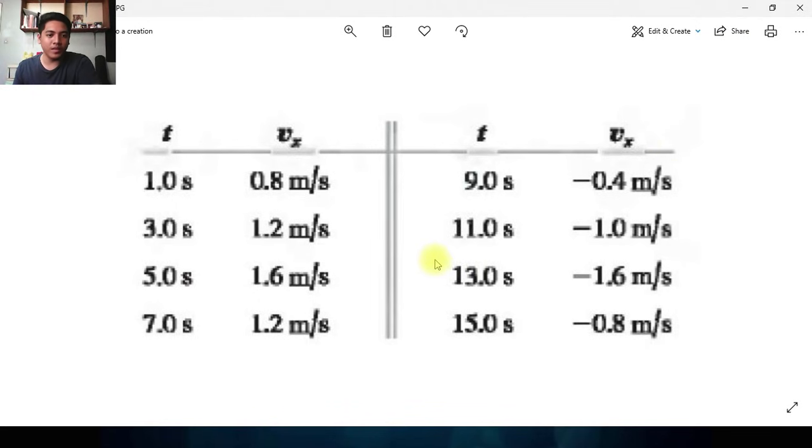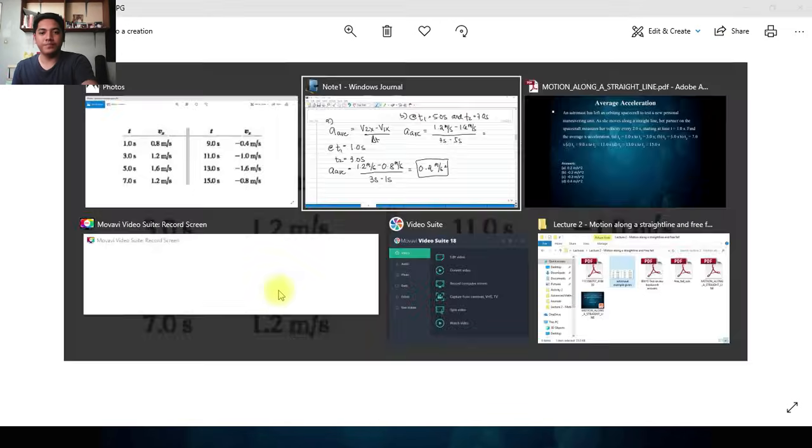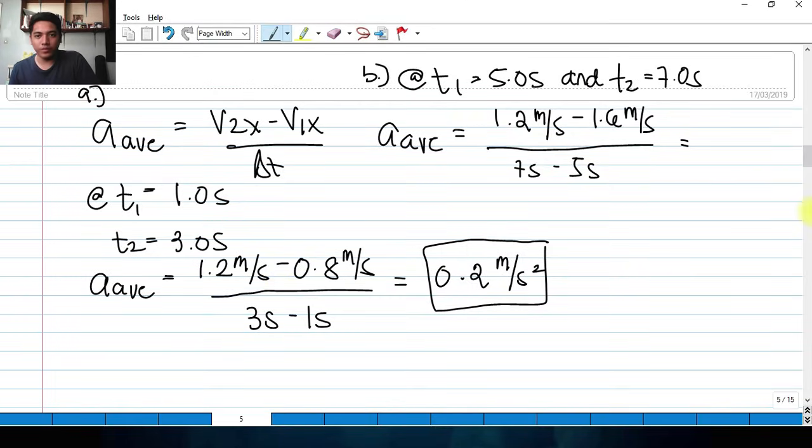So let me just show you again the given. Here's the velocity at 7 seconds, 1.2, and 1.6 at 5 seconds. So, computing that, 1.2 minus 1.6 over 7 minus 5, that is negative 0.2 meters per second squared. That is the average acceleration of the astronaut between the time interval 5 seconds and 7 seconds. So for letter C,